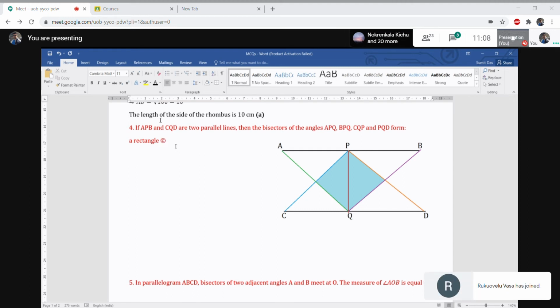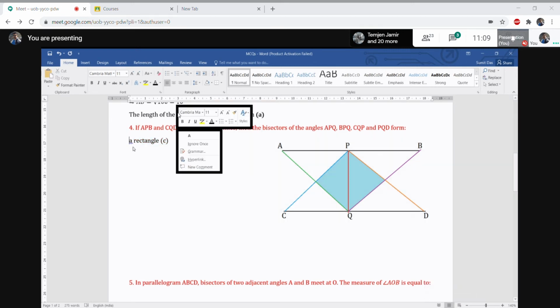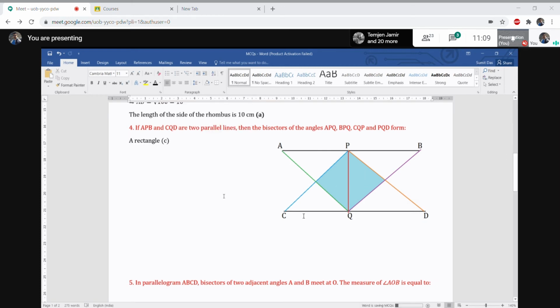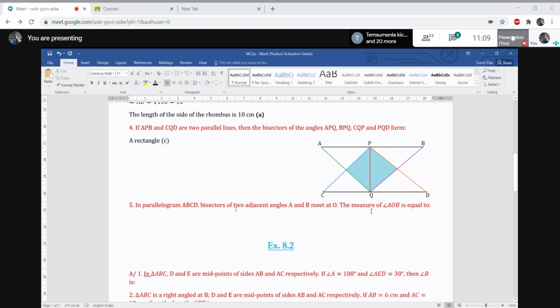Okay, it forms a rectangle. Why? Because it looks like a square, but a square is also a rectangle. Okay. Next,